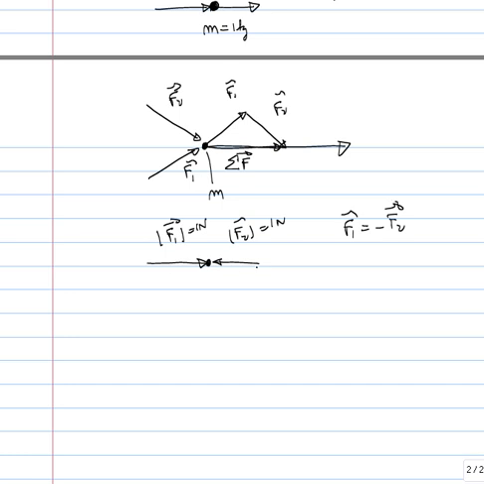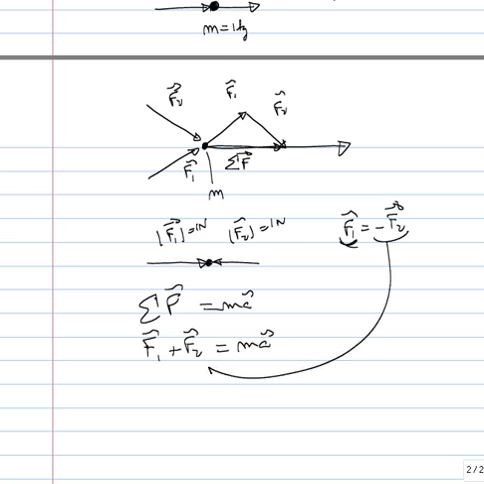Now, those two forces F1 and F2 are being applied on my system. Since I need to add all those forces, I need to add F1 and F2. Let's add those two. I have F1 plus F2 is equal to ma. Since F1 is minus F2, let's plug that in here. F1 is being replaced by minus F2, so minus F2 plus F2 is equal to ma. And this obviously gives me the zero vector